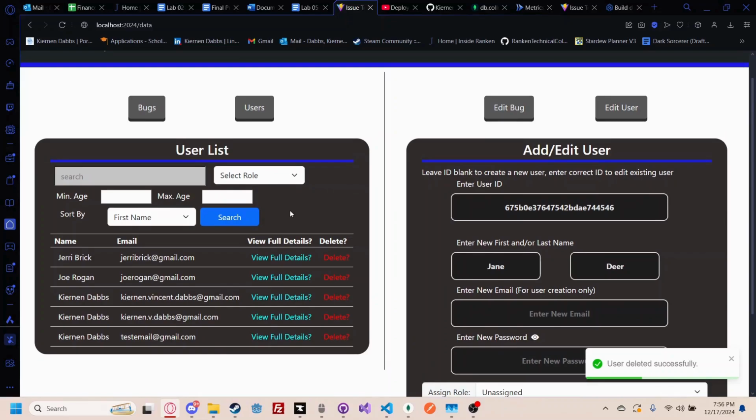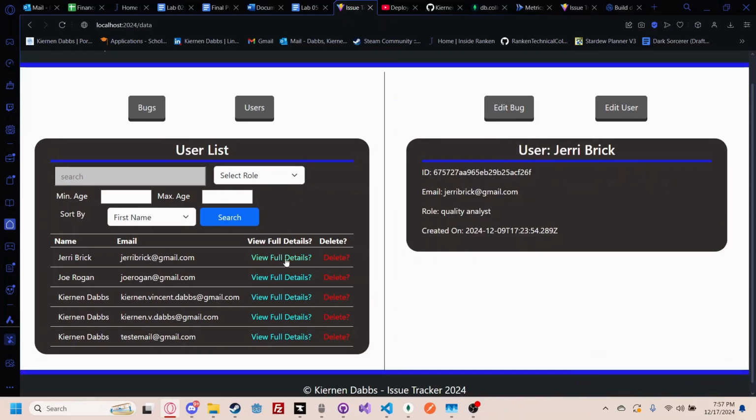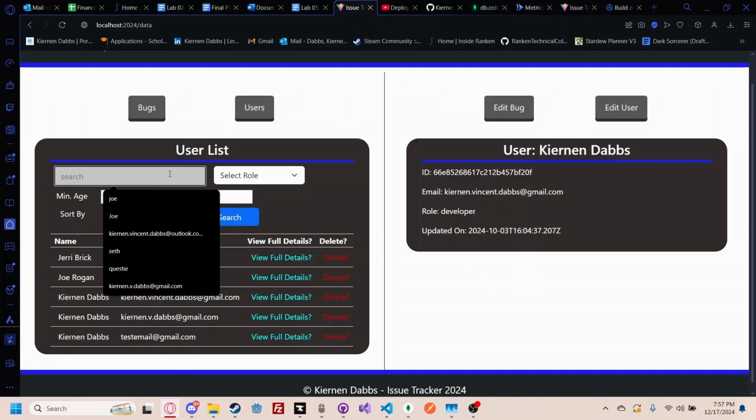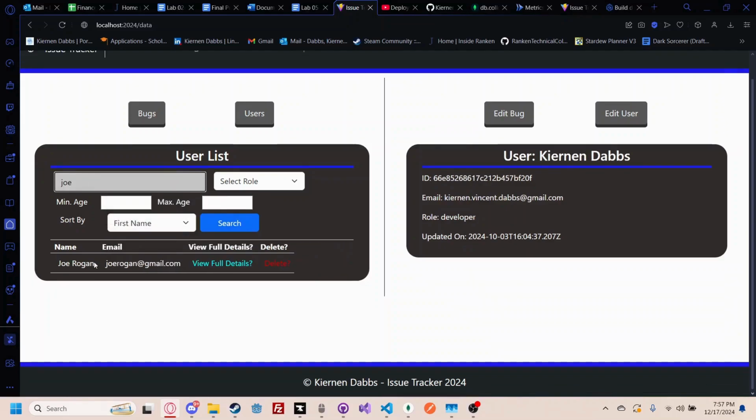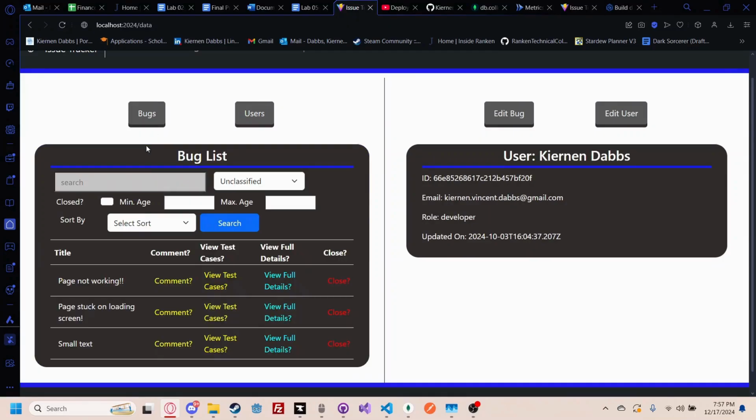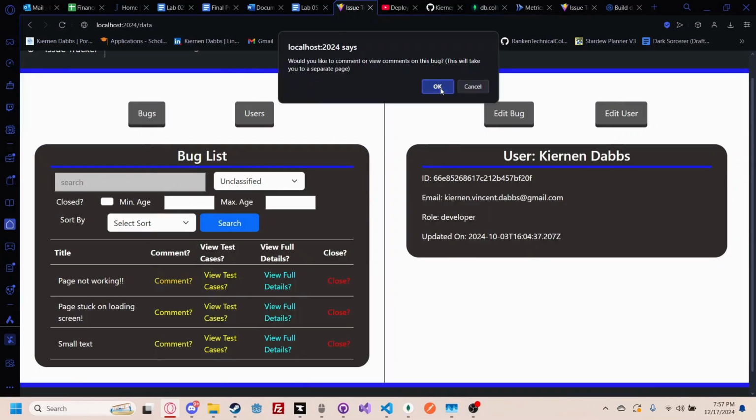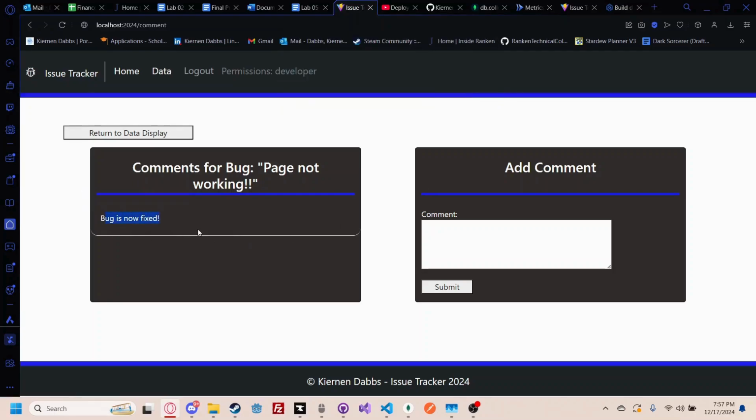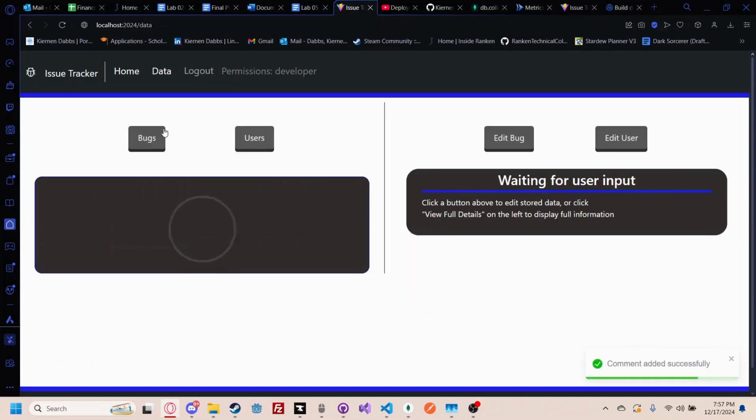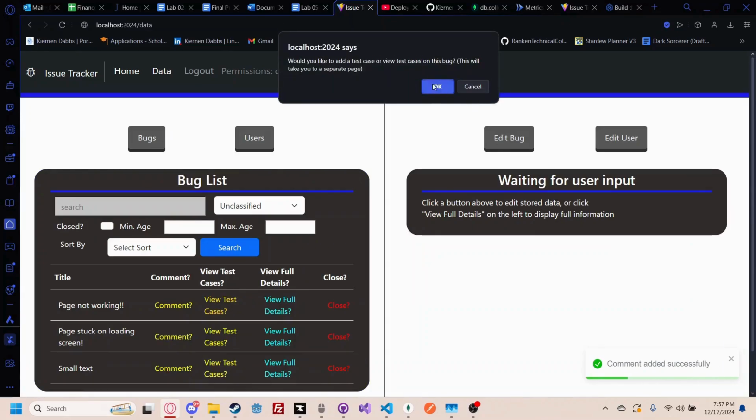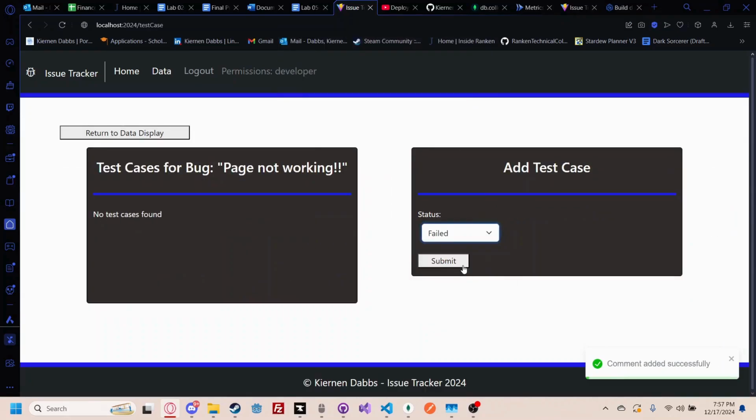And if I wanted to go over here, view full details, I can still do all that. I can still search for Joe over here. And if I wanted to add a comment on this page, you can try to reaffirm that the bug is still fixed. We can now do that. And if we go over to this test cases route over here, since we are a developer, we're still unauthorized